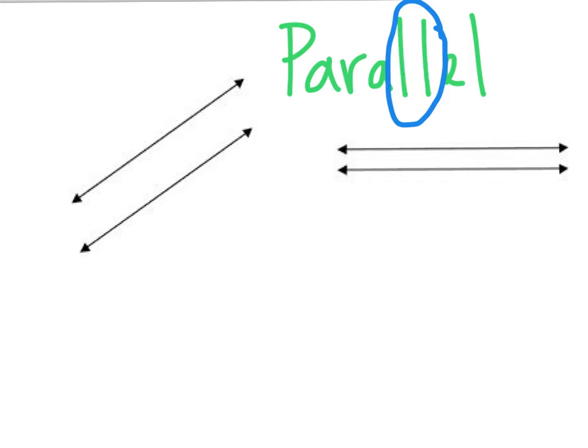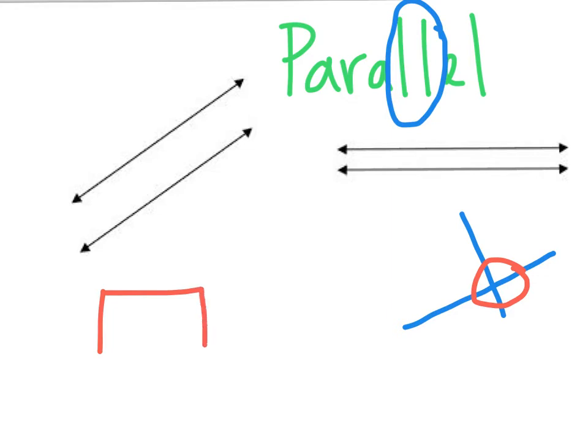What I mean by intersect is if the lines cross each other like this, that's not parallel because they intersected or they crossed each other. So when you look at a rectangle, it has a set of parallel lines right here. The yellow lines, they run side by side and they never intersect or they never cross over. But they also have a pair, the green pair of lines will run side by side and never intersect with each other. If you look at a triangle